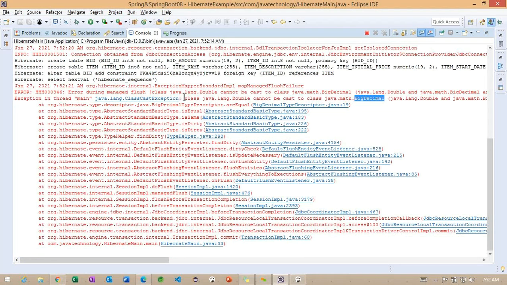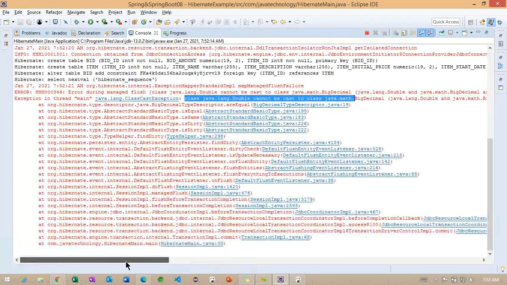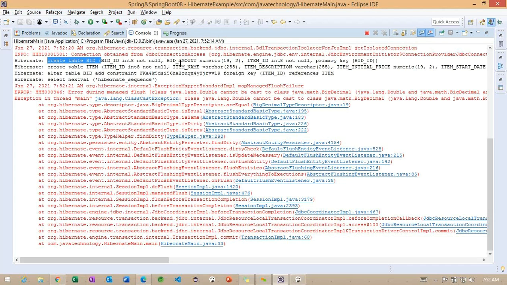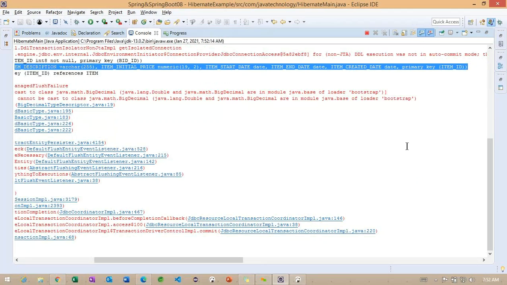Okay, so this is nothing but a type issue we are getting here. But other than this, you can observe here, create table bid. Inside this bid table, we are going to find item ID. And in the same way in the item table also, we will find item ID and item name. So these many columns we created. Okay.